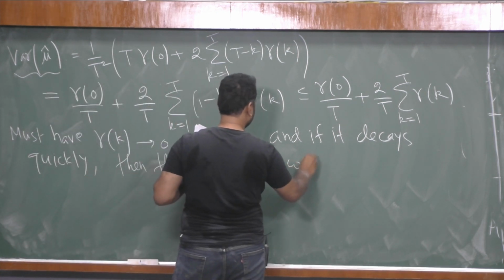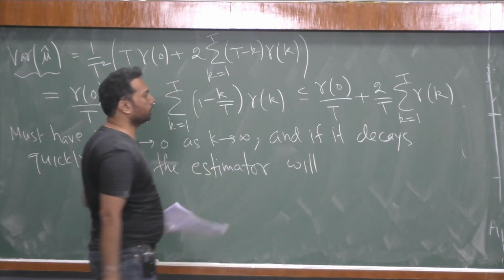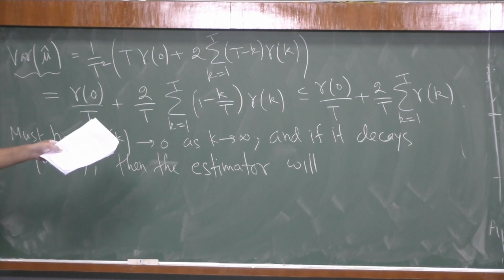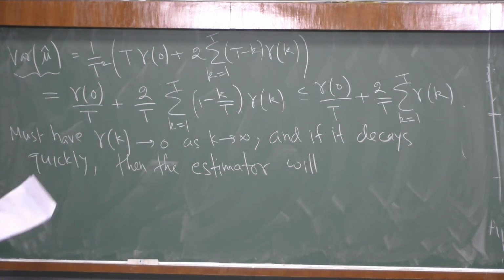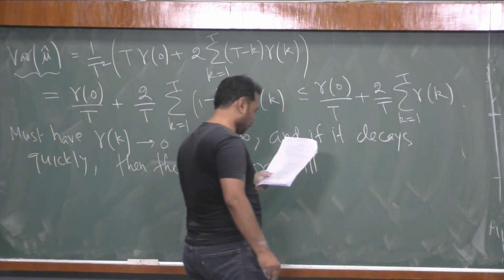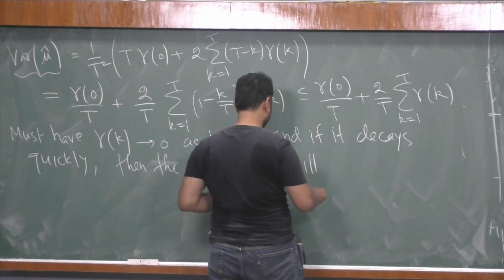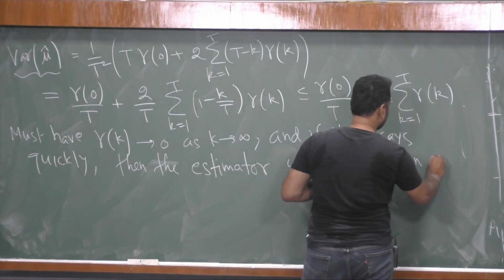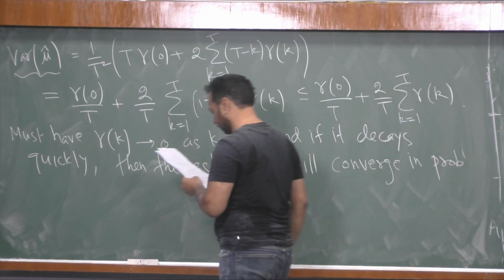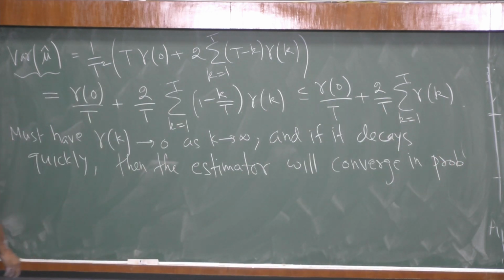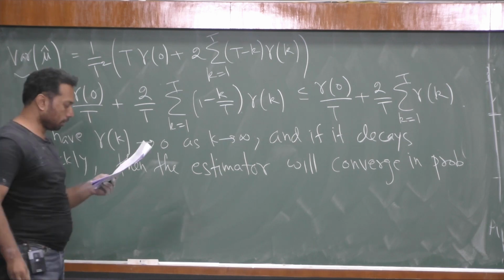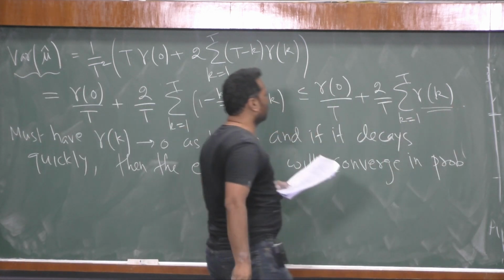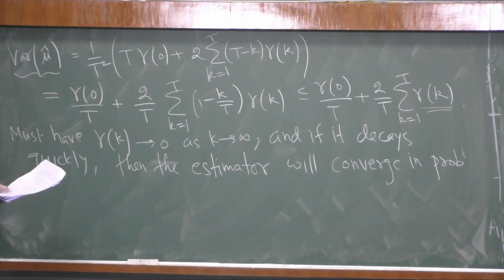will converge. In the Chebyshev inequality, on the right hand side we have the variance of mu hat. This goes to 0 in this case when gamma k decays, so then it will converge in probability. So we are looking into this now: if gamma is summable, meaning that it sums to something which is finite,